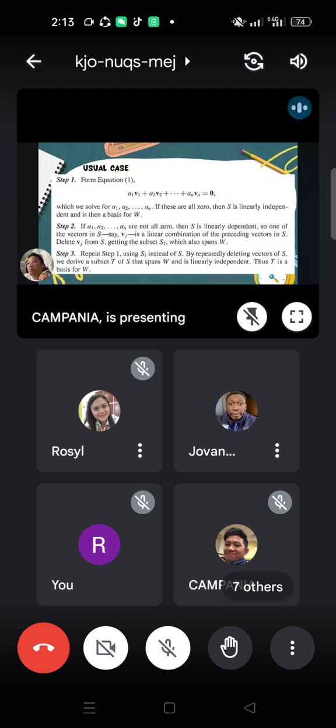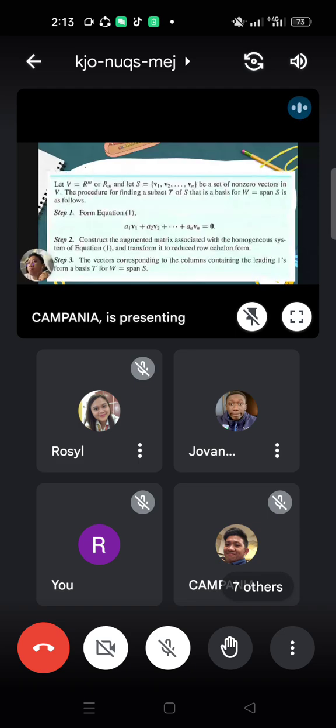Another case is the special case. This one is applicable if we have R^m, or even polynomials. So let V be equal to R raised to m, and let S